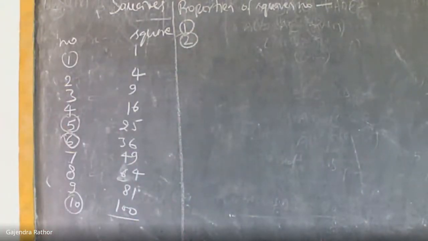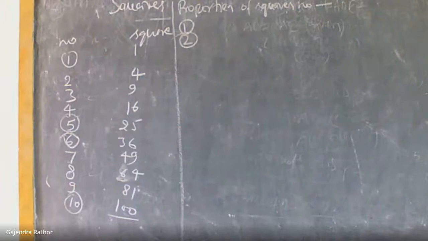One doubt, sir: are square number and square root both the same? Listen, square number and square root are opposite to each other. Square root is the reverse process of square number. Okay, second, we are just discussing the square number. अभी हमने square root start नहीं किया है.